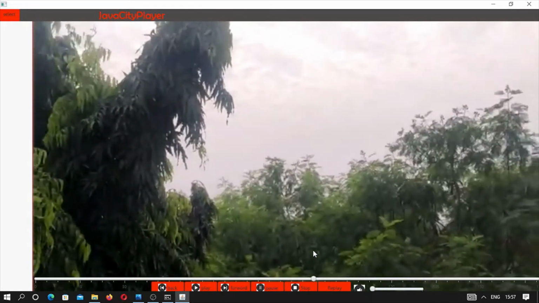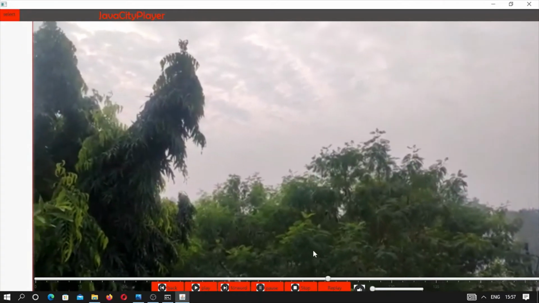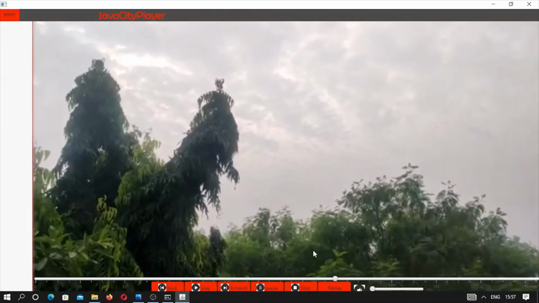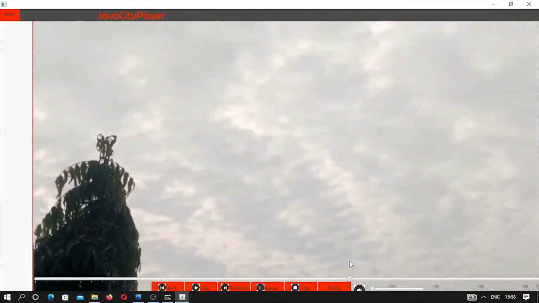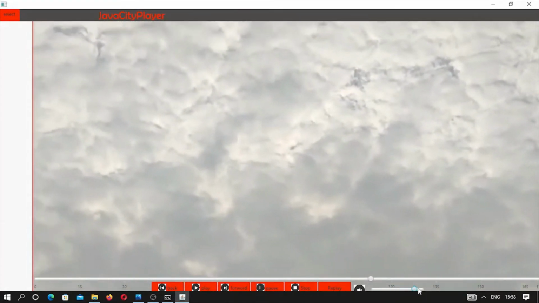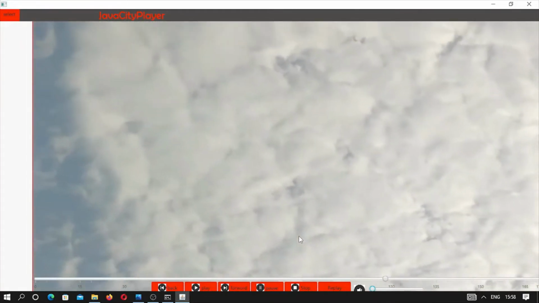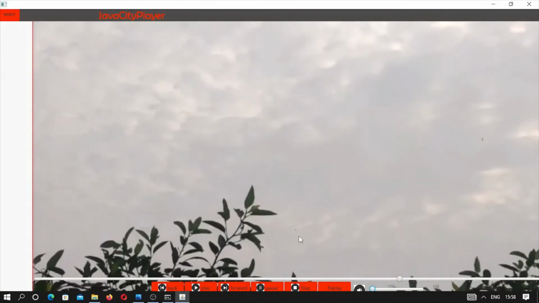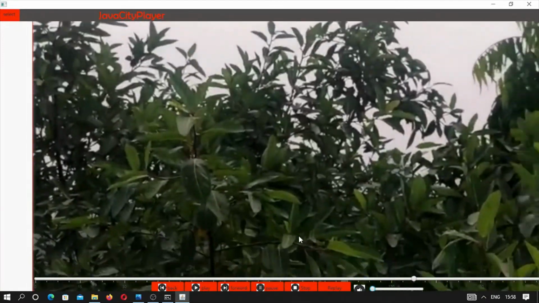This media player supports all video files which JavaFX supports, like MP4, FLV. Also we can play audio files. This is a mute button, and the start and end of this video. From this volume bar we can control the volume also. So this media player we are going to make, and we will understand what things are required and what are the basic things by which we can make a media player.